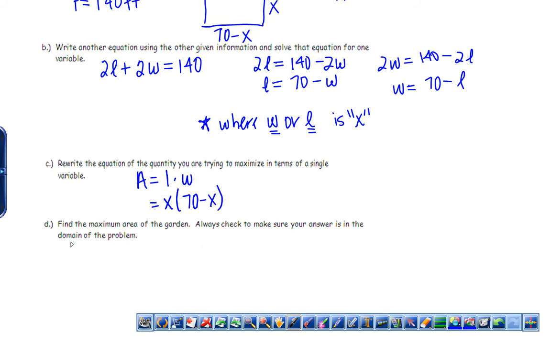Okay. Find the maximum area of the garden. So now I can use my calculator. And I'm not going to show you that, so I hope that you have that out. I can go to Y1, and I can plug this in, x times 70 minus x. Graph this, and it says find the maximum. So I'm going to just go in and look for the maximum. This should be a parabola since you have an x times an x. And I want you to find the maximum. The maximum should be at 35,